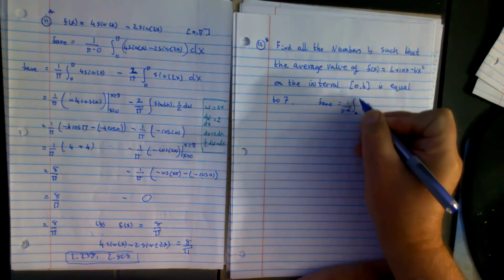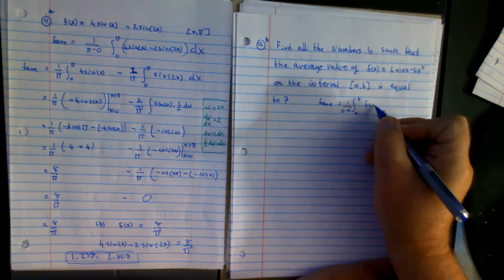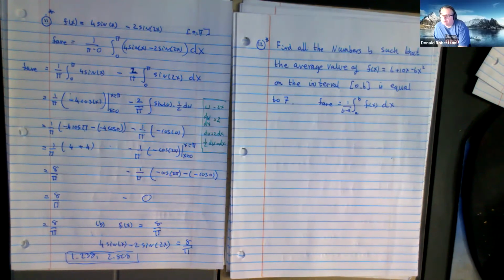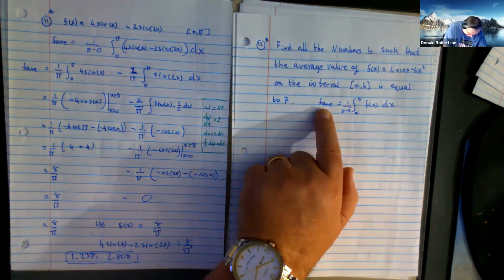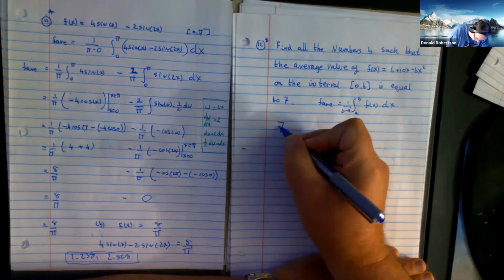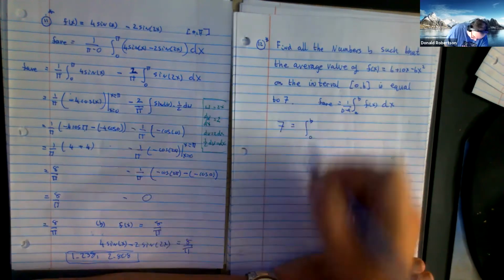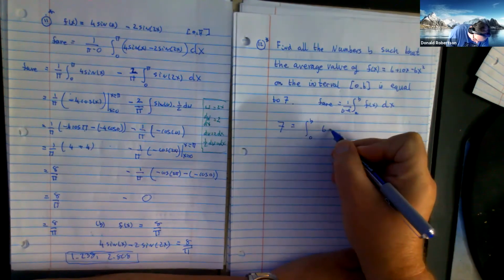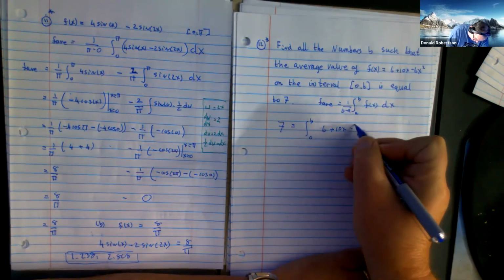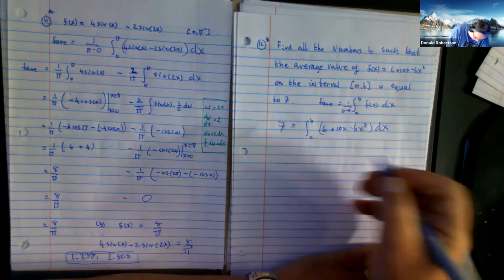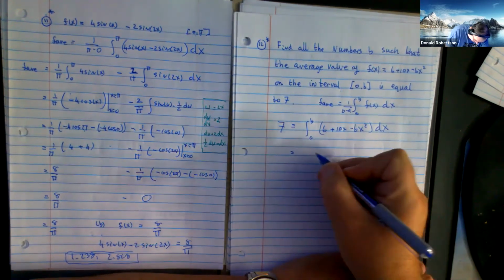You could solve for the indefinite integral and then solve for 7. Sounds like a good idea. So we know that's 7, so we're going to solve that for 7. And we know it goes from 0 to b, so we'll do that. And we've got our function. So we're going to get essentially an indefinite integral, as I said. So what's that? 6x,